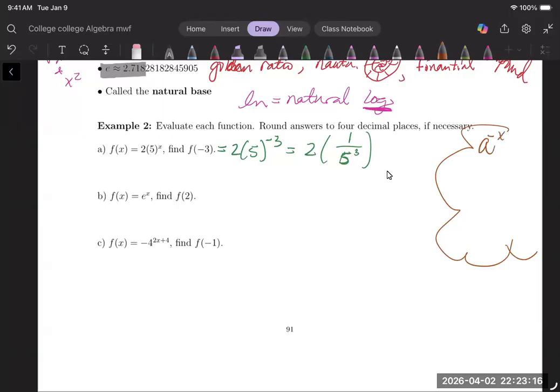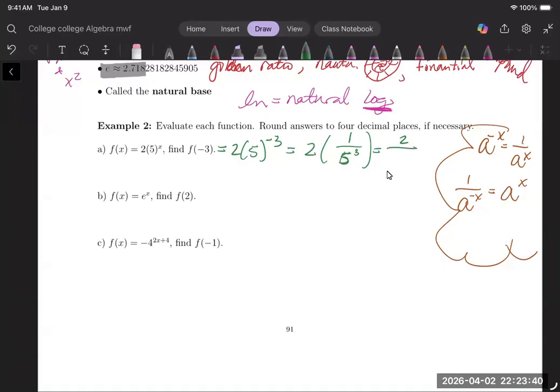A to the -x is equal to 1 over a to the x. Just like if I had 1 over a to the -x, this is a to the +x. It repositions from denominator to numerator or numerator to denominator. So now, with that in mind,